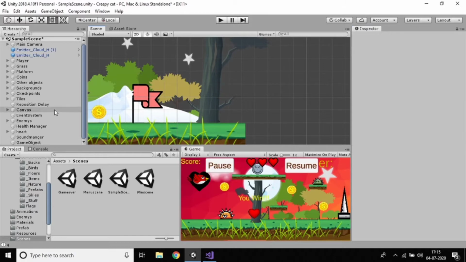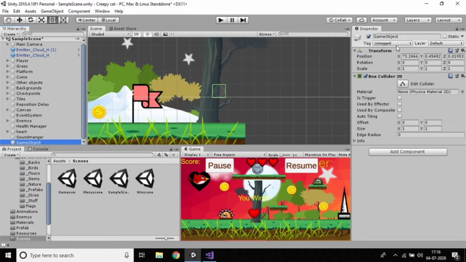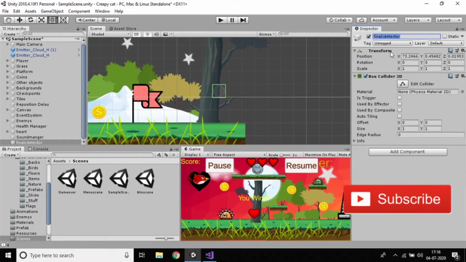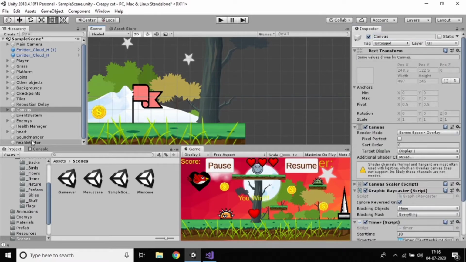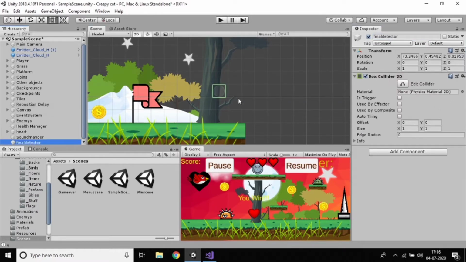I'll add a box collider, that is the final collider. You can name it final detector. Just increase the size of this one.